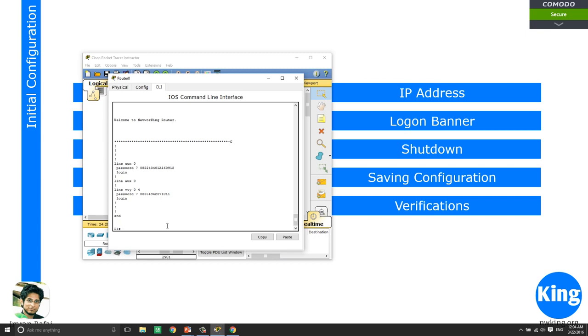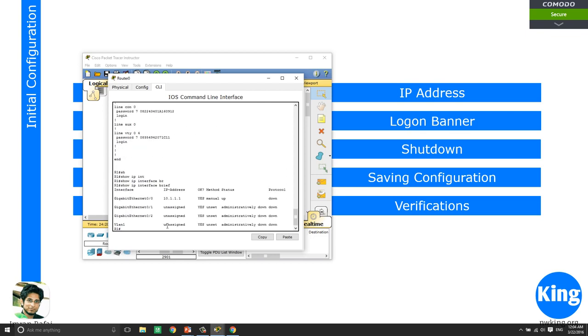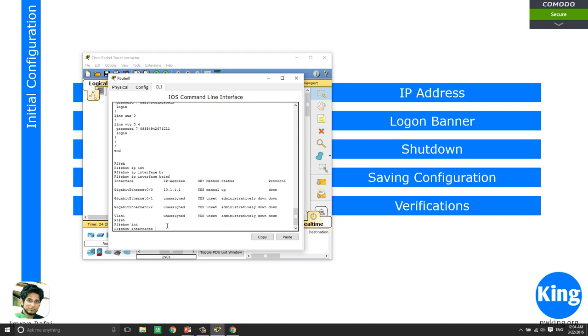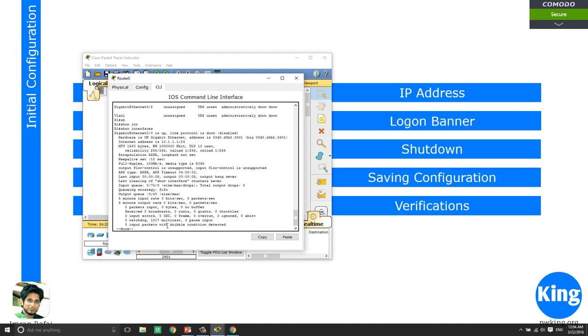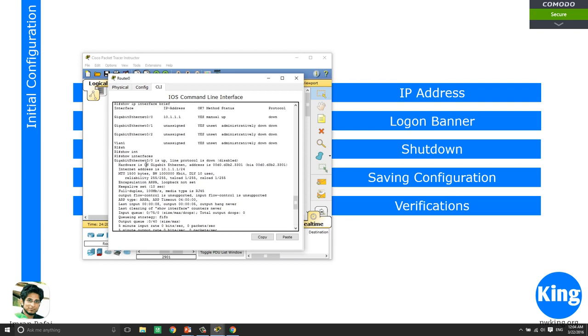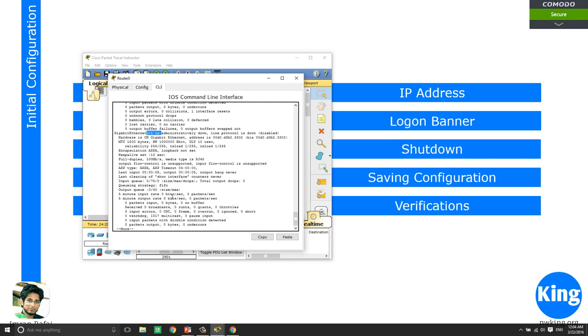So verification commands, like we said, show IP interface brief. This is one of the best show commands. We get a snapshot of everything. We can also look at show IP, show interface, right? And we can click on enter, and it will show all the interfaces that are in this device. So it will show you interface 0/0, 0/1, and it will look at all the interfaces, data on that interface,